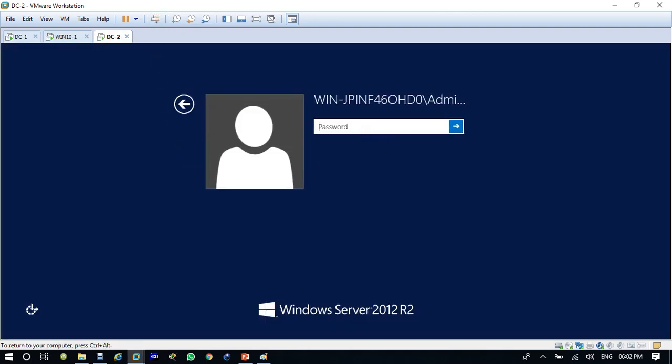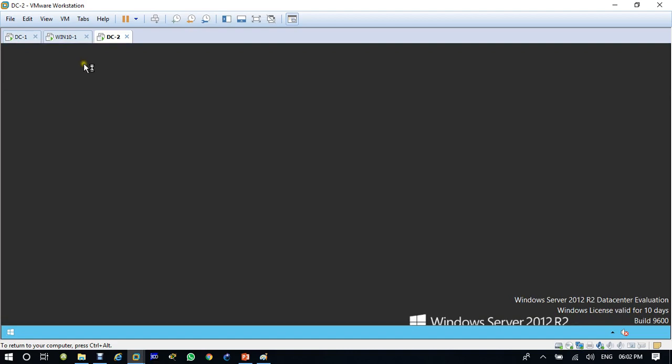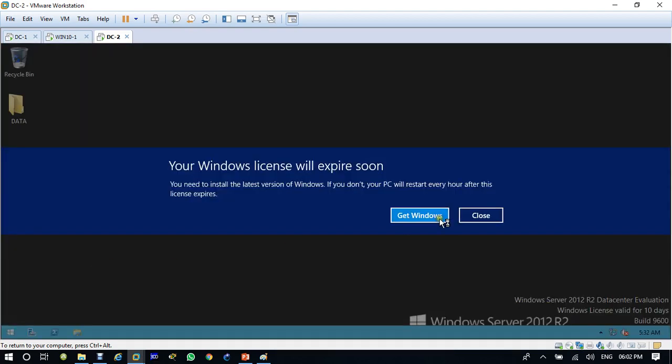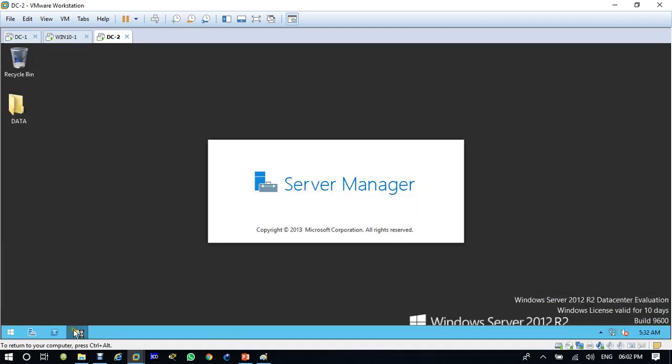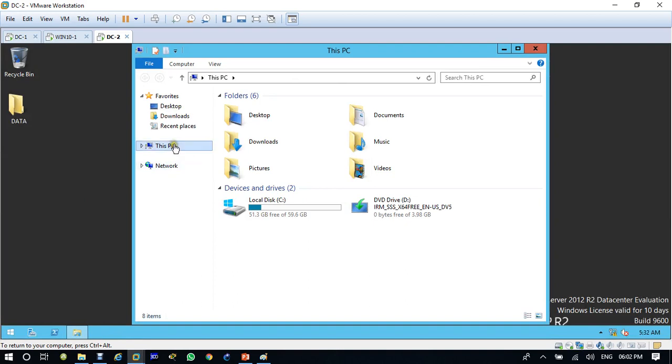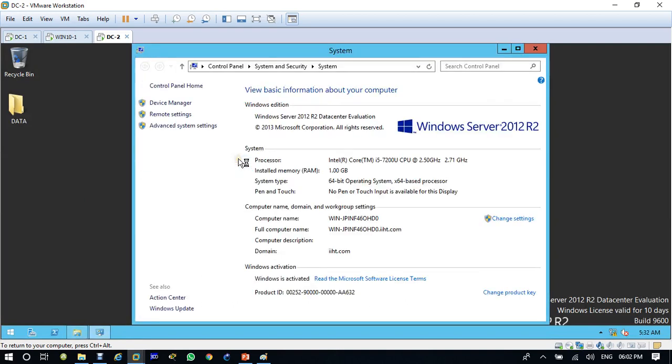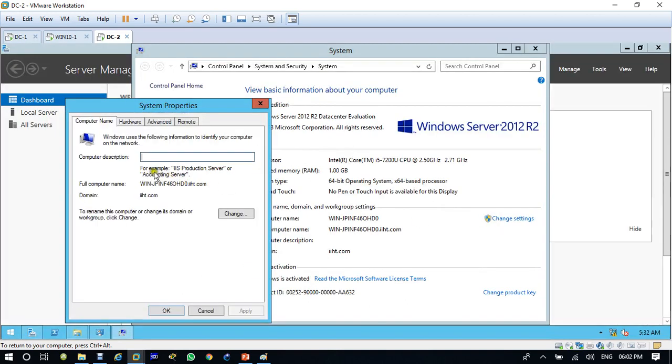I didn't change the name. Okay, let's change the name of the computer. It's joined.